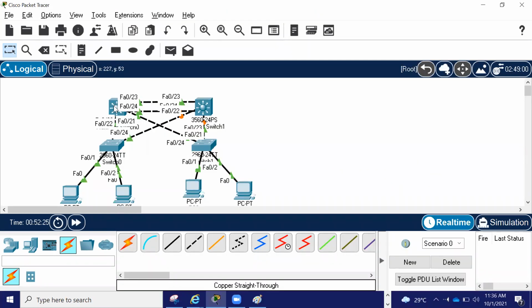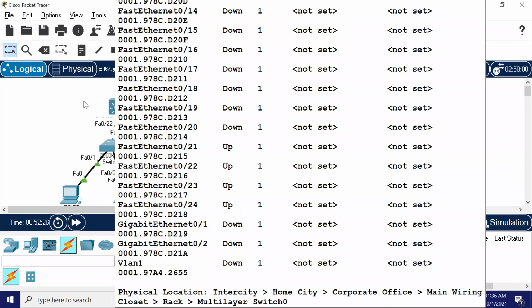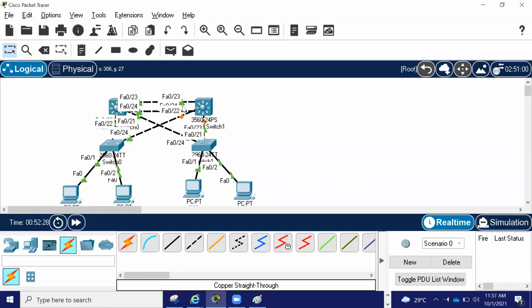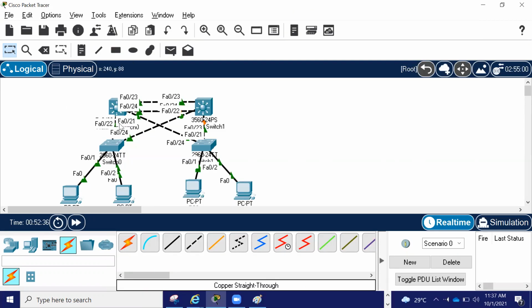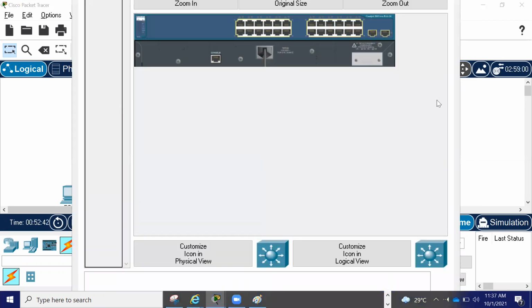If you look at this core switch, this left side is core 1, this is core 2, this is access 1, access 2. This core switch has ports 21, 22, 23, 24. These are all trunk. Similarly here also. So first we will configure the trunk.